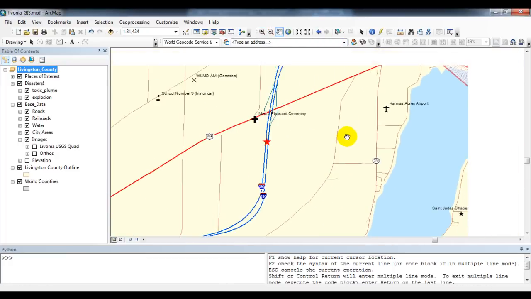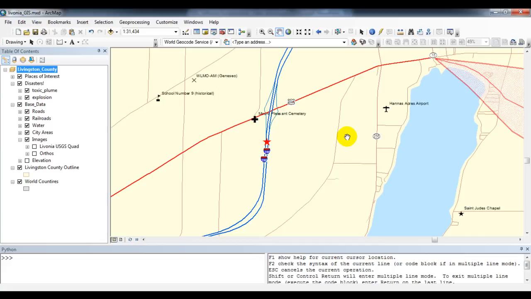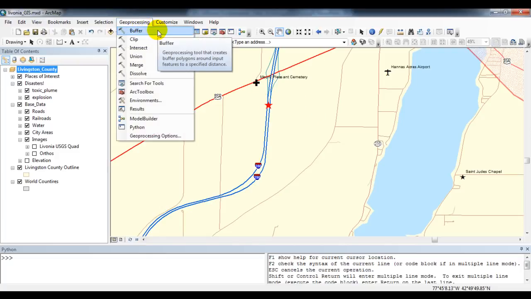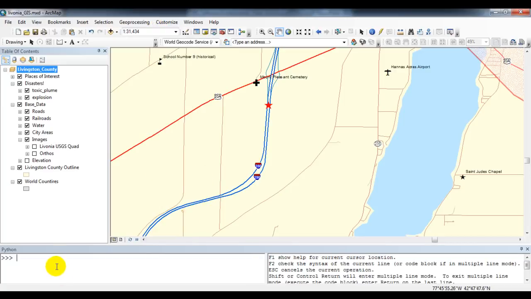In this hypothetical example, I'm curious to know what would happen if a truck full of explosives were to accidentally detonate along this interstate. Now, normally, I can do such an analysis using tools available up here, the buffer tool, but what I'd like to show you is some GIS programming with the Python window. As you can see down here, there is a command line type interface where I can type commands in to perform analysis. So for example,